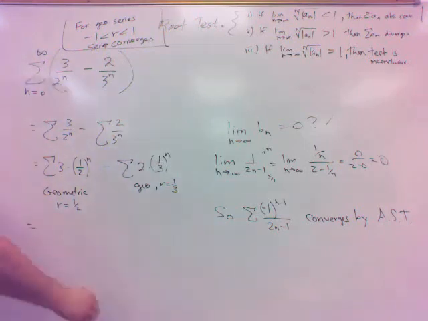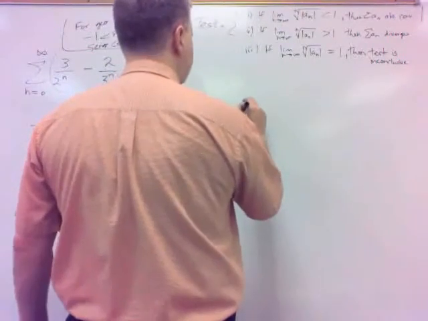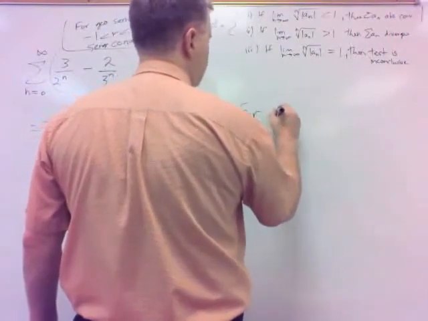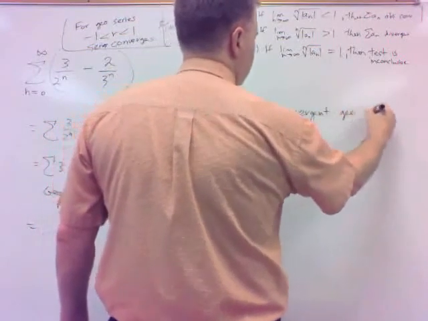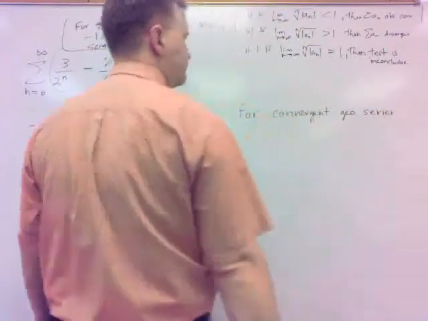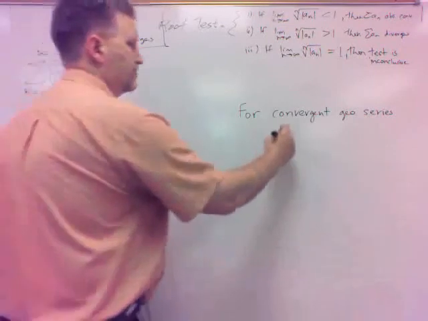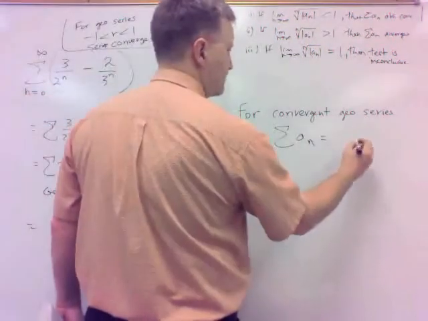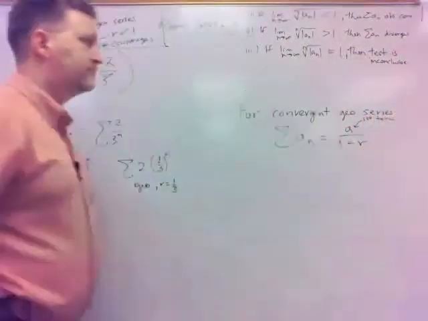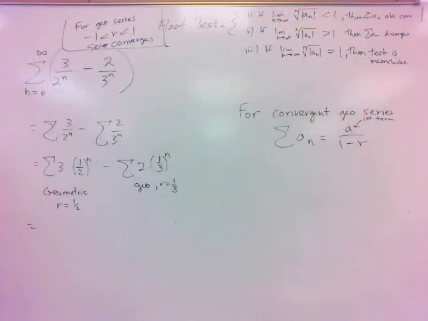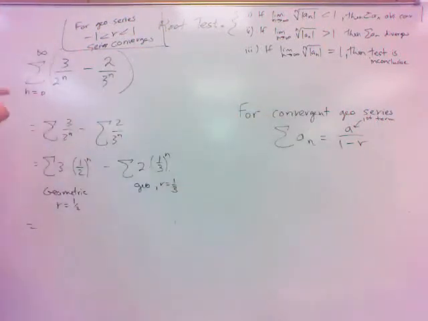What does this equal? Well, for any convergent geometric series, the series equals A over 1 minus R, where A is the first term and R is the ratio. So we can actually say what this equals. This series equals that right there. First term divided by, what's the first term here? Well, that's where you've got to pay attention to your